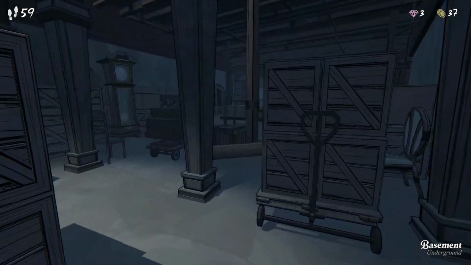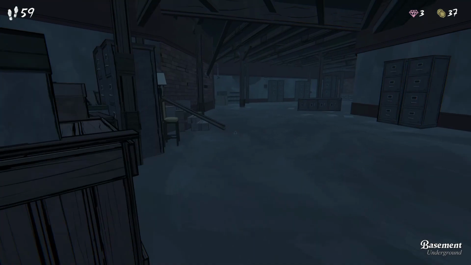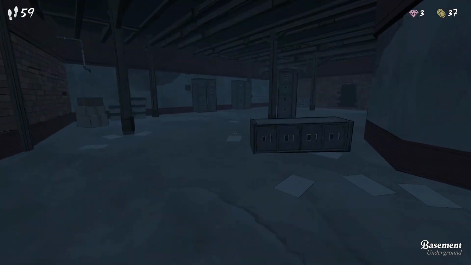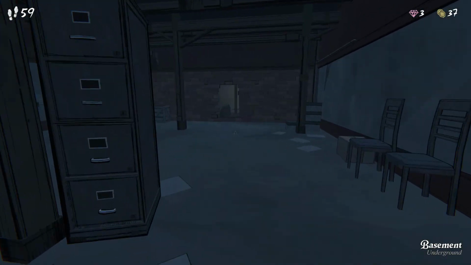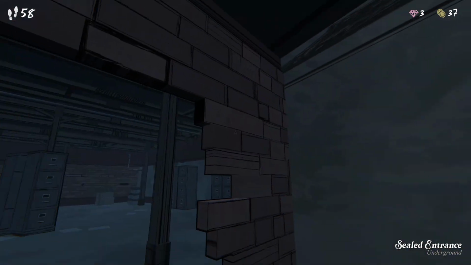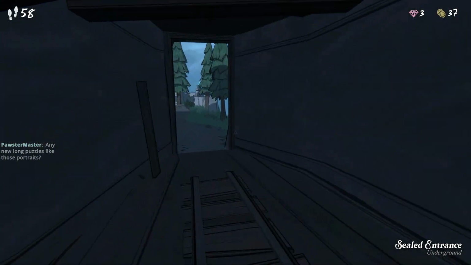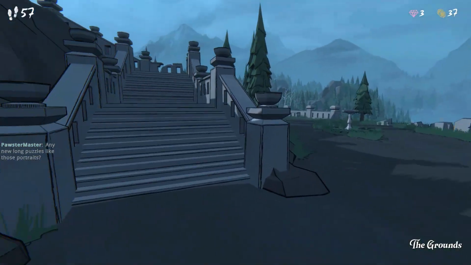So let me just show you. Through here you do a bit of a sliding puzzle in order to activate the hidden door behind the bookcase. And you get to here by smashing through this brick wall, which requires the power hammer. And in new long puzzles like those portraits, there are